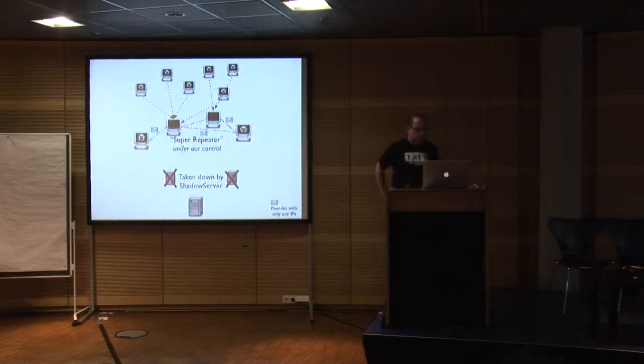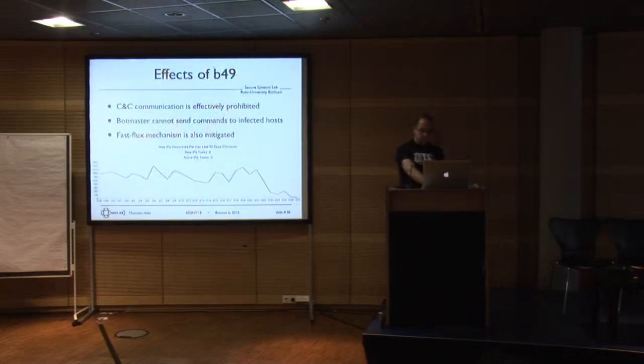And then from a schematic point of view, the botnet then looked like all the infected machines contacted our server, the backend servers were taken down, and so the attacker could effectively not send commands to the bots anymore, so the communication channel was also effectively disrupted. And since all the domains were taken down, there was also no way for the attacker to easily bring back the CNC mechanism. The effect helped to disrupt the CNC communication.